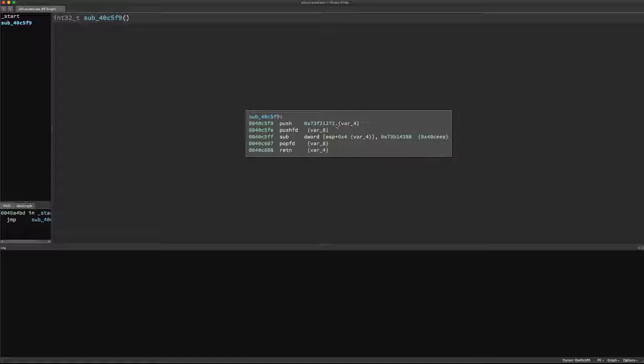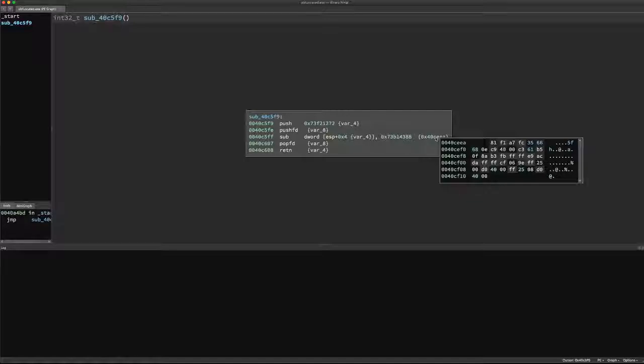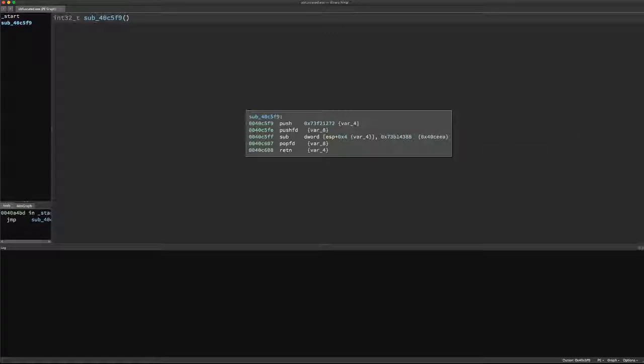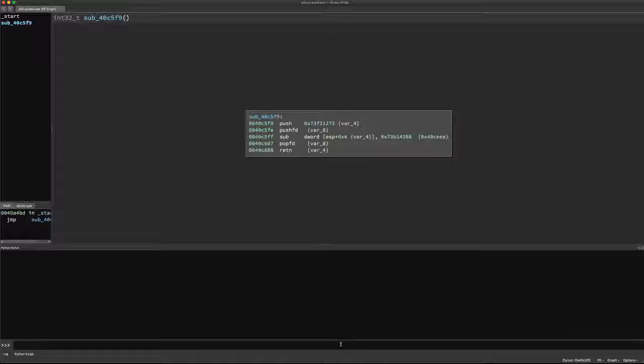That's because they've pushed an address onto the stack, done something to it, and returned. But you'll also notice in the annotation that Binary Ninja knows what that value is, so we can get that value very easily